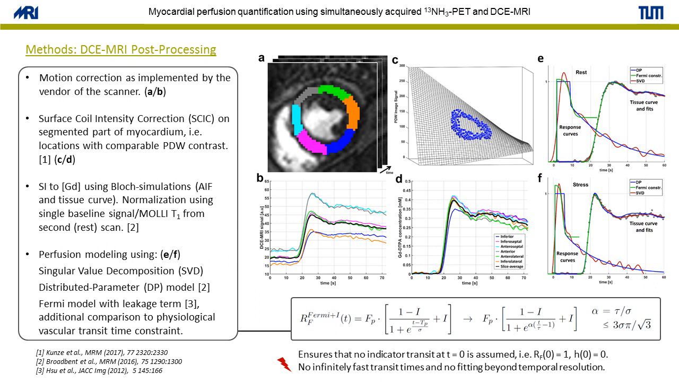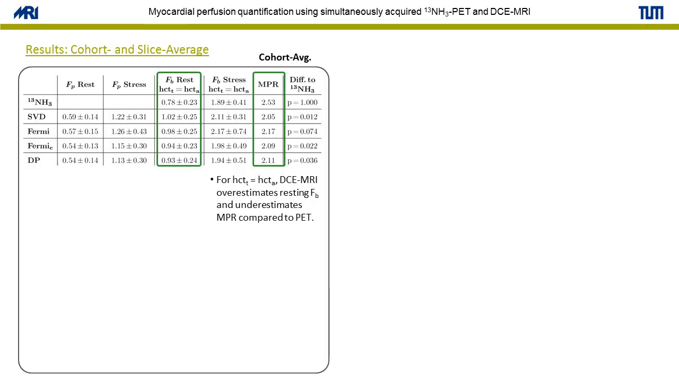This constraint both reflects the physiological impossibility of instantaneous contrast agent traversal through the vascular space, as well as the fact that DCE MRI deconvolution analysis cannot reconstruct transit time statistics for times shorter than the temporal resolution of the dynamic data itself. Coming to the results section, we'll first look at the cohort average results, which represent an average